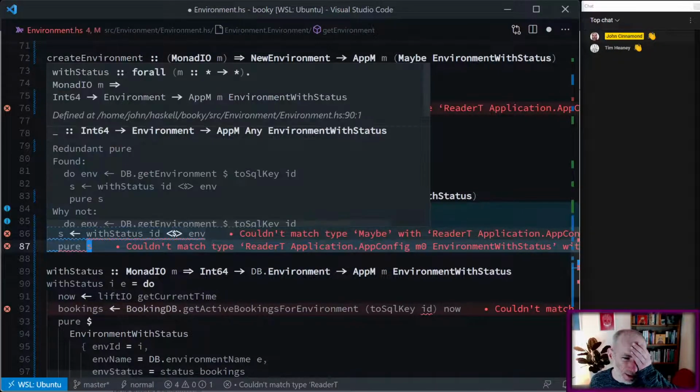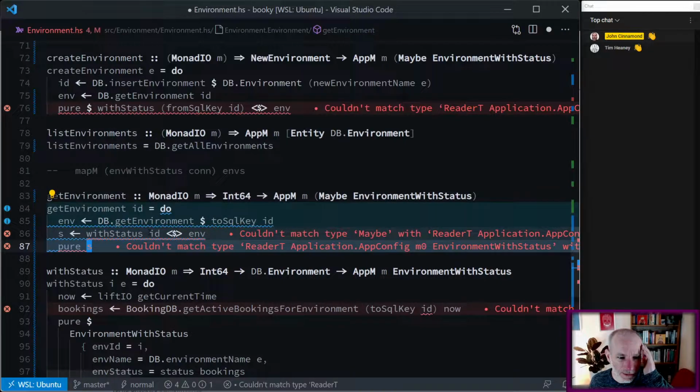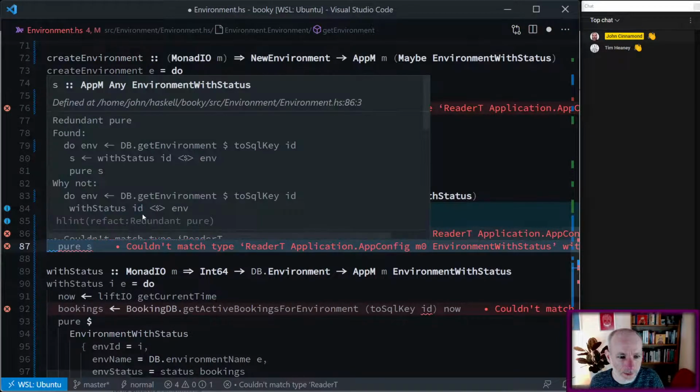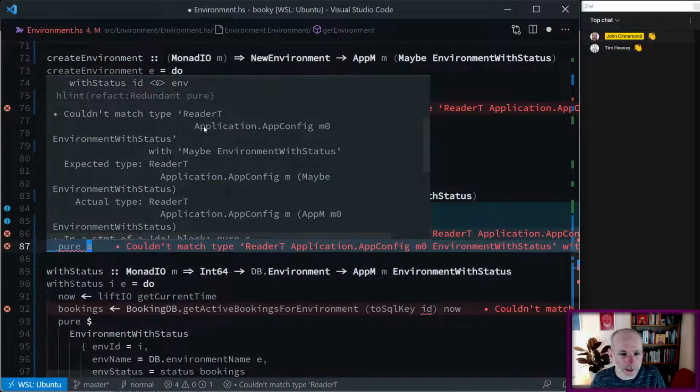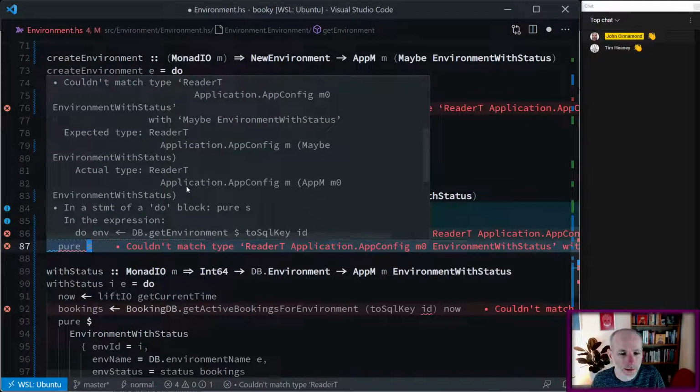I'm confused as to why the type of this is error again. The type of this is ReaderT App input status. Is that right? No. The expected type is this thing. The actual type is